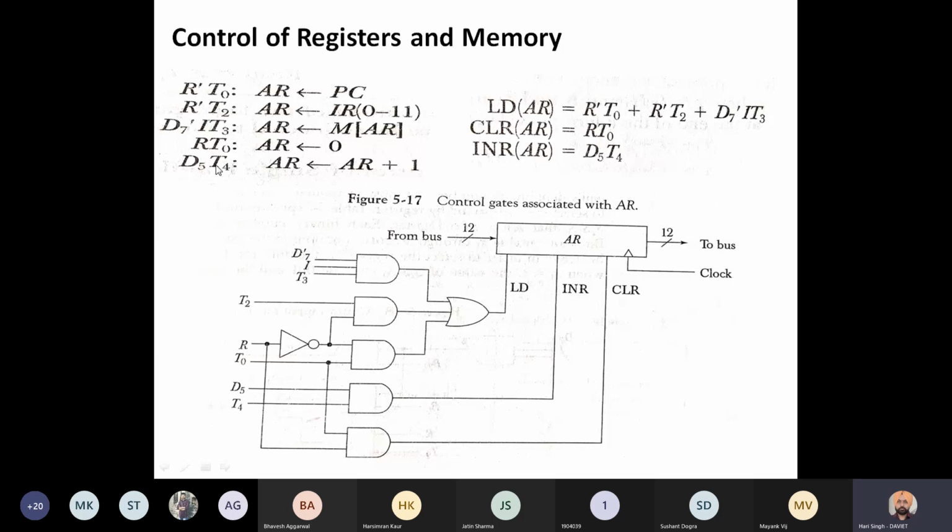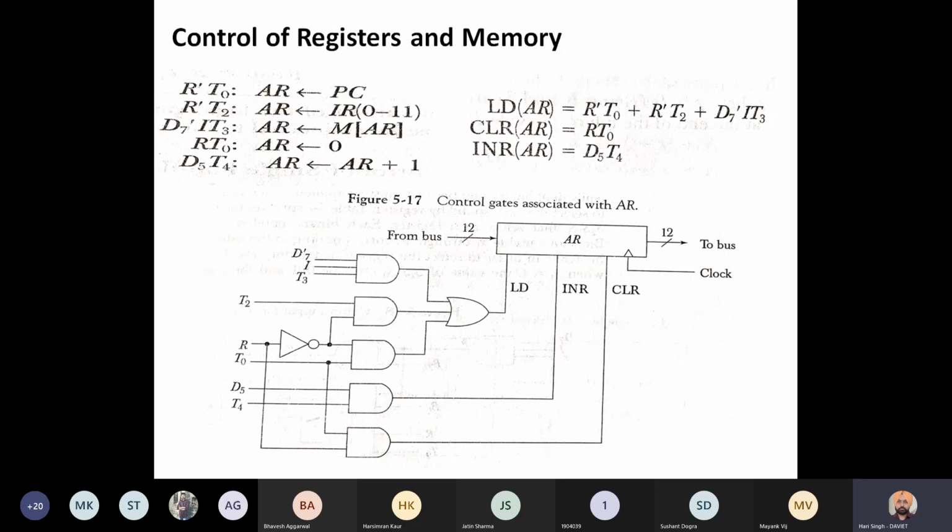Now, the first 3 we can say are data transfer operations, so we can combine the first 3. In all these first 3, the load pin, meaning the write pin, is used. In some books it is written as the write pin. It can be written as input enable pin or output enable pin.